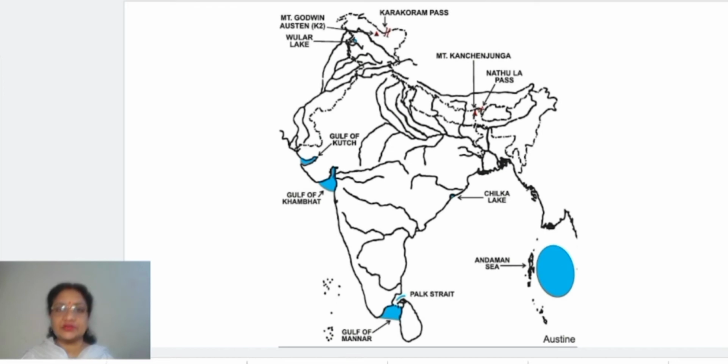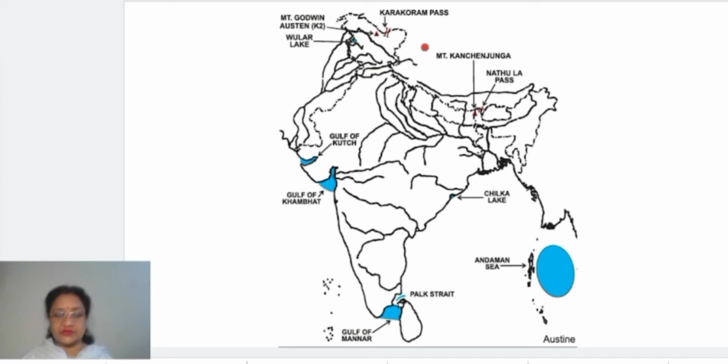Now children, the next map we have to start here is that of various important peaks, passes and water bodies. Now, what important peaks do we have to mark in India? There are basically 2 important peaks here, right? Number 1 is Kanchenjunga. Number 2 is the Godwin-Austen, also called K2. Clear? And 2 passes again. One pass is Karakoram Pass and the other is Nathula Pass. And besides these, all the water bodies we have to cover. Now let's start with it.